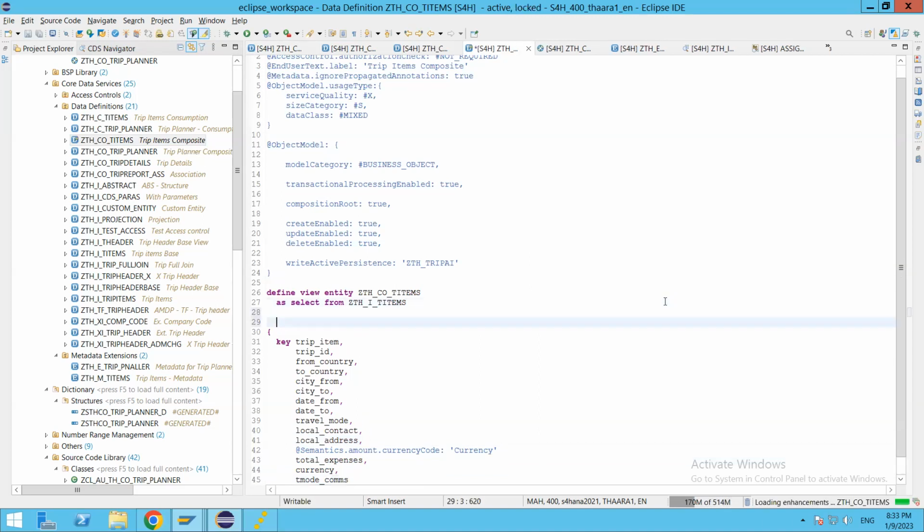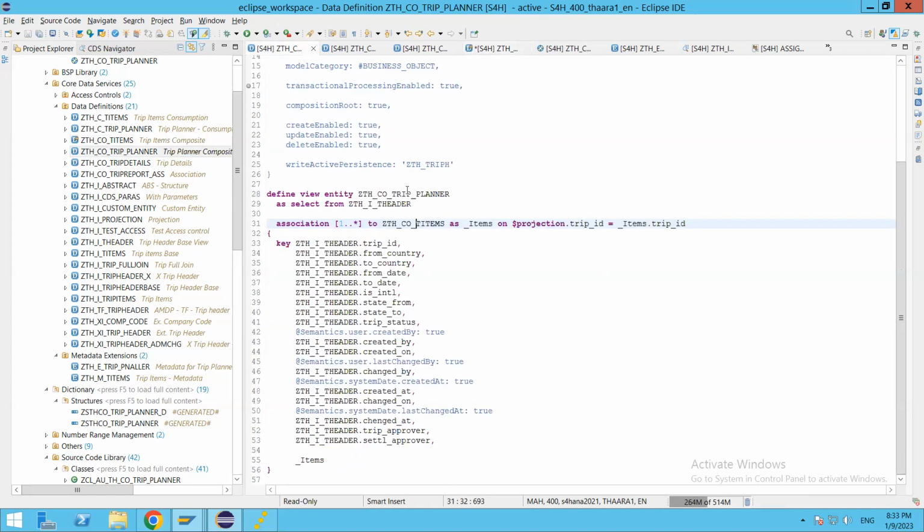So we will build the association to the header, how it will be star to 1, or 1 to, sorry, the minimum cannot be 1, sorry, star 1-to-1 relation on to the transaction layer of the trip planner